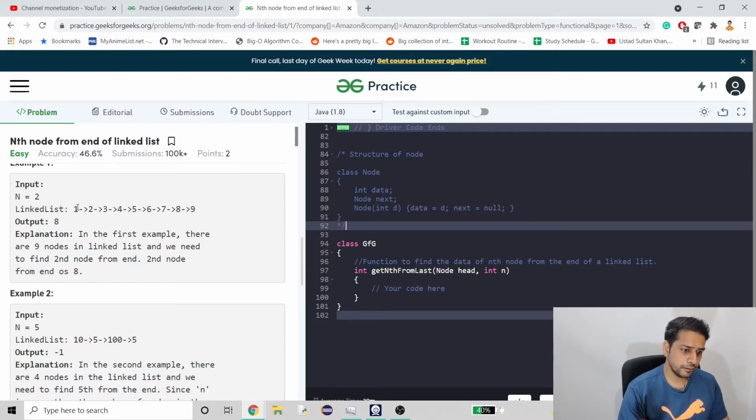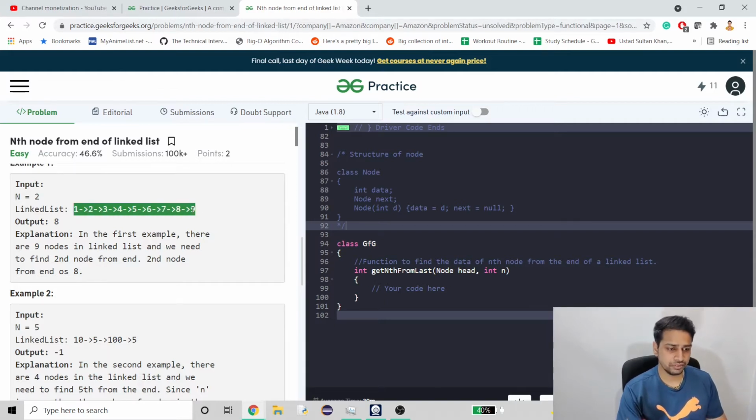So here I'm taking the example of this one. When I understand this question as a new developer, I see that I don't know the size of this linked list, so I have to gather that first. To do that, we first have to iterate through the entire linked list and keep a counter which we increment till we reach the end of the list. That way we will get to know the size of the linked list.